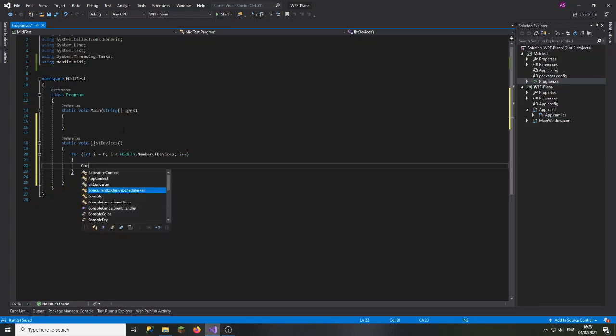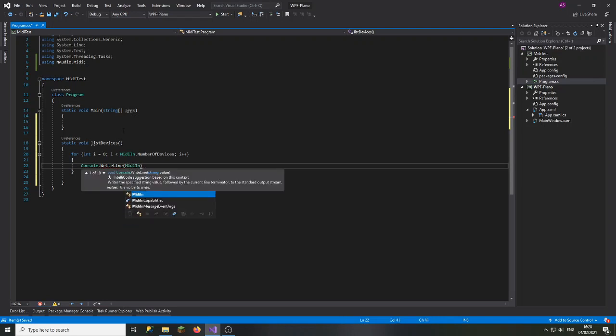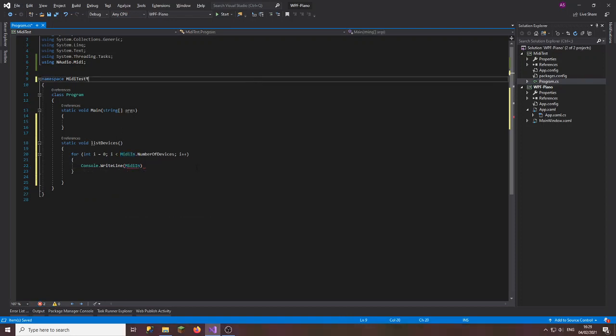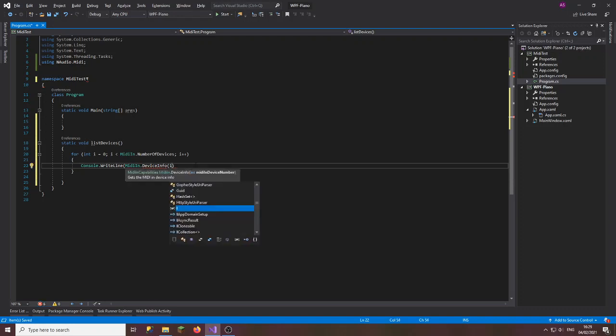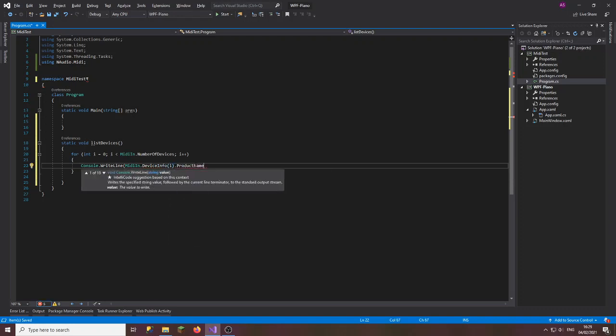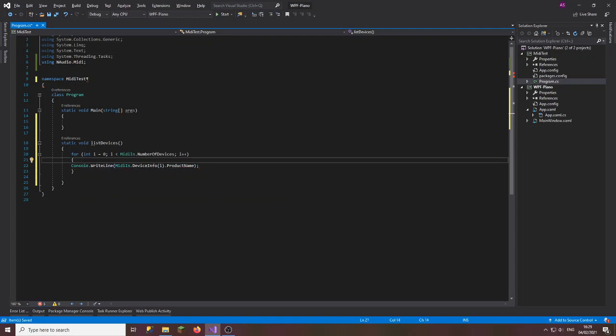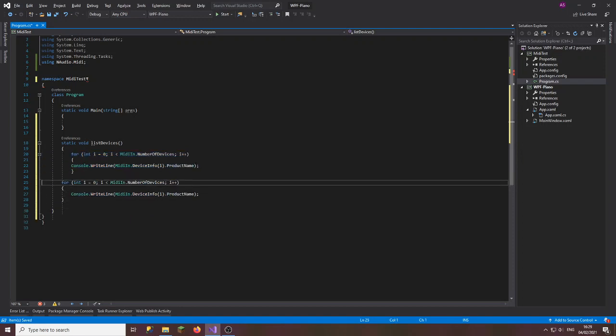and we will just print it out on the console, WriteLine, MidiIn device info, and we take the index and get the product name, and we do the same for the out devices. Why is there less indent here? So this will be MidiOut,